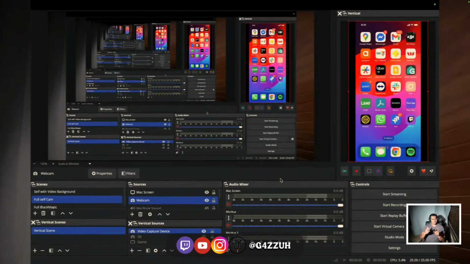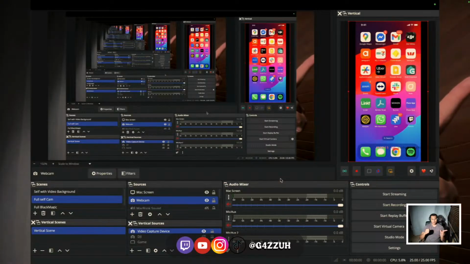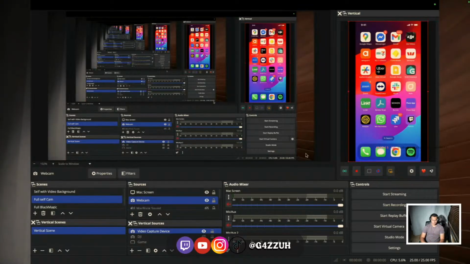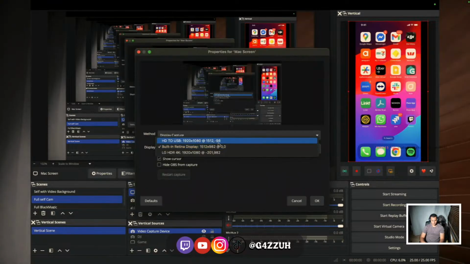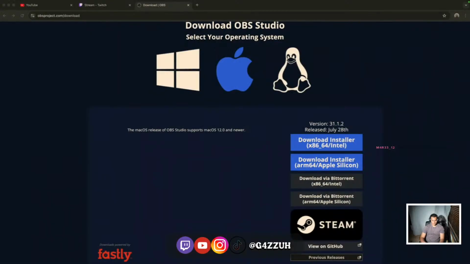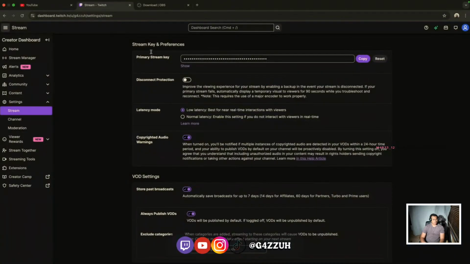Now, what we want to do next is get our stream key from Twitch, and copy that into OBS. So I want to show you how we do that. So we go back to the Mac screen. Just going to quickly change it back to this one. Here we go. So let's just go back to the Twitch. So in this primary stream key one, we want to copy that. Once we copy that, we want to come back into OBS,